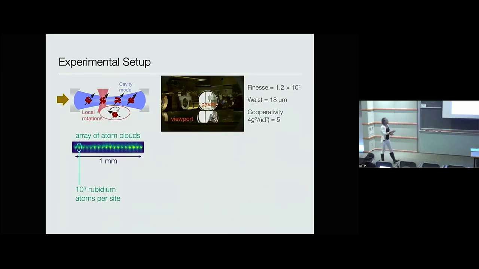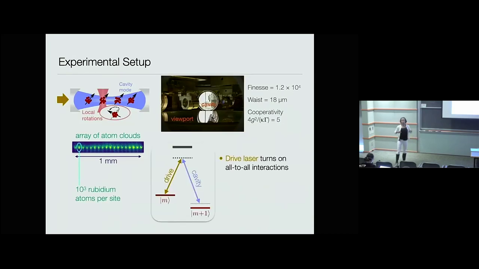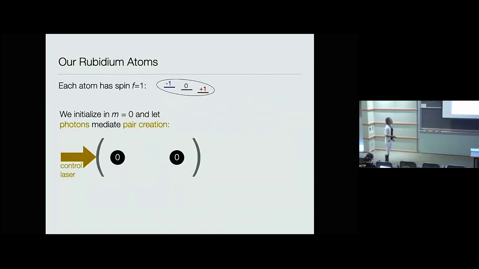We're borderline in the strong coupling regime for single atoms, but this means we have a large collective cooperativity per ensemble. And when we want to turn on interactions in a controllable way, we send in a drive laser. The process where you flip a spin and put a photon in the cavity is a Raman process controlled by involving a drive laser and emission into the cavity. That process isn't resonant, but then the pairwise process where that photon is absorbed by another atom is resonant, and that gives us interactions. In addition, we have a laser that can come in from the side and implement local spin rotations on any site. So that's our ingredient of spatial control.